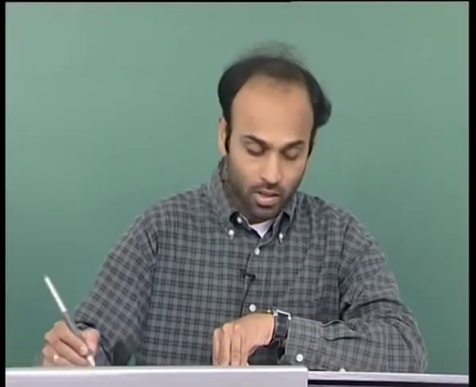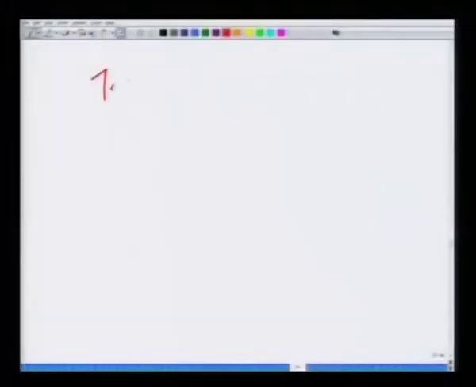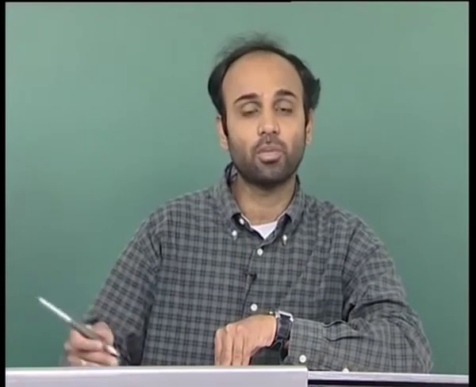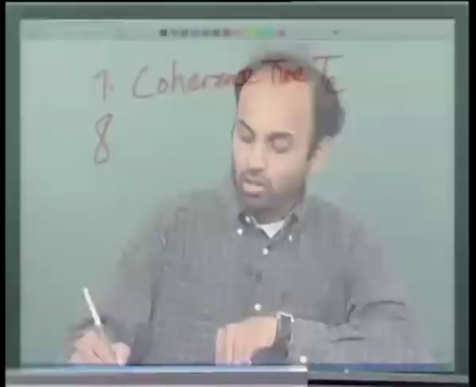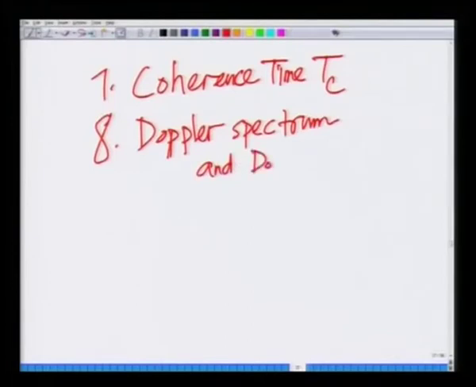Hence, what we considered next is the notion of coherence time Tc. This is the approximate time for which the channel can be assumed to be constant. It changes from coherence time to coherence time, which means you have to do channel estimation periodically, every coherence time. Then we looked at the Doppler spectrum and the Doppler spread,